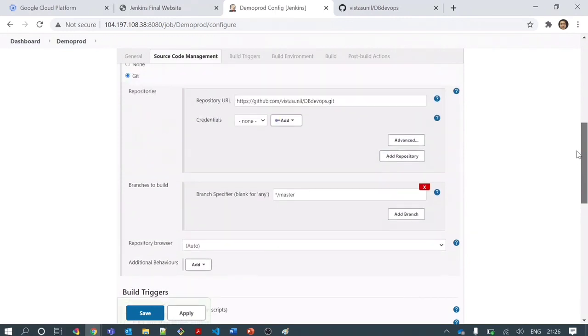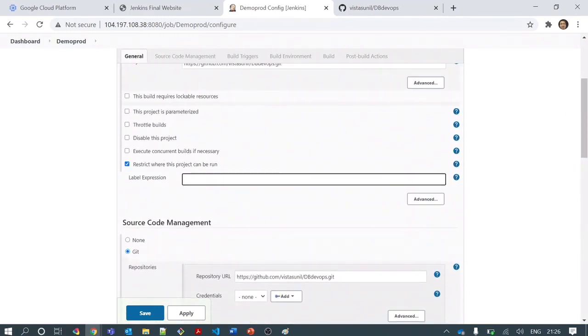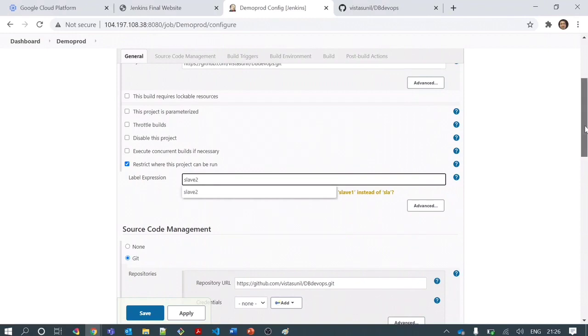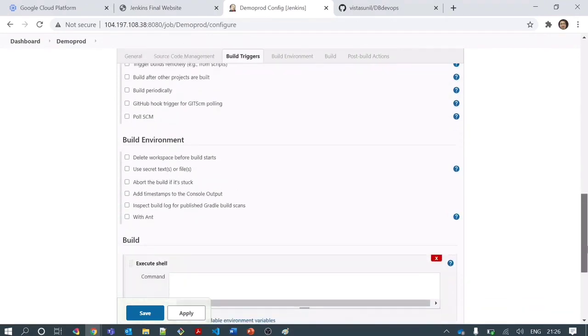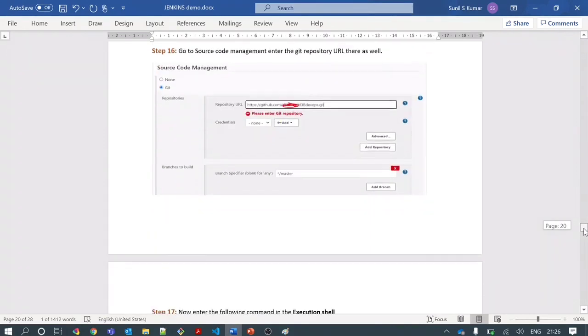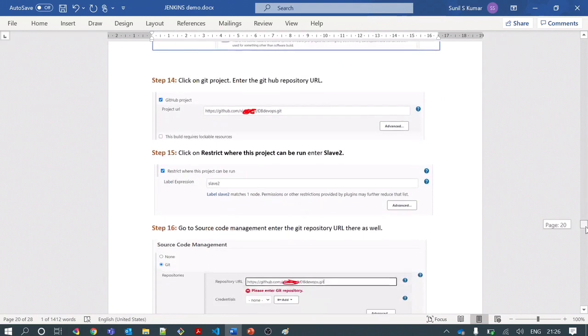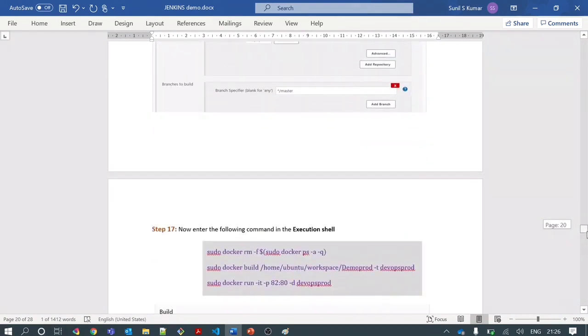I want to run this production job on slave 2 only. So slave 2 I am considering as a production server, and I will put this here. So I will restrict my demo prod job to run on slave 2 only. Branch will be master only, no changes needed.